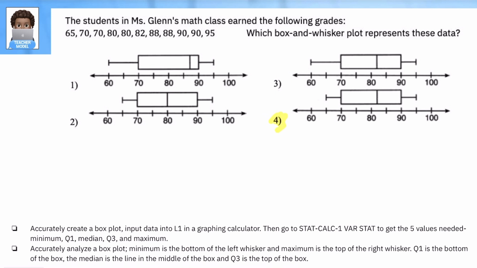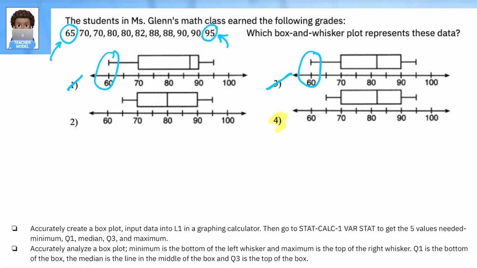So again, there are 2 approaches I can see for this. One is you can just manually see, can I eliminate anything? And knowing that this was already ordered, my minimum was going to be 65 and my maximum 95. So that automatically eliminated the first 2 because this was not the minimum. And since the rest of them looked, I was between 2 and 4, you could have taken out your TI-84s,